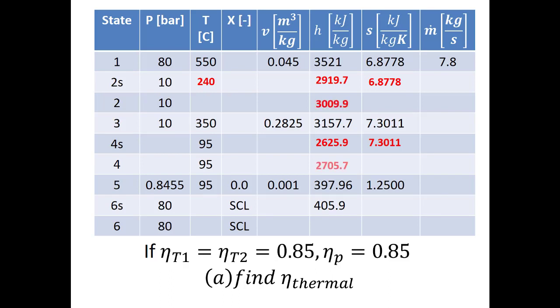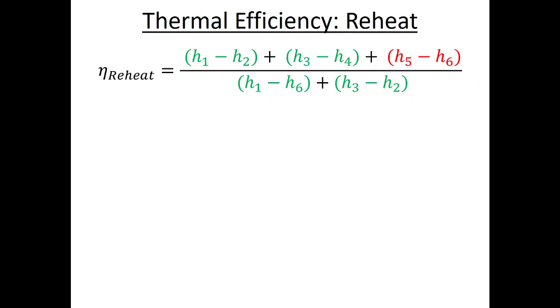So now I can put this into my state table along with H2, H4, and now H6, right? And that's good because now I look back. If I was doing this all on one piece of paper, I would look at my isentropic efficiency, my symbolic solution that I found, and see that it's a function of all the enthalpies, 1 through 6. And now I know all those enthalpies. That means I'm almost done with the problem. I just have to not put the numbers wrong in my calculator, which for me is always challenging because I'm really good at putting the numbers wrong into my calculator.